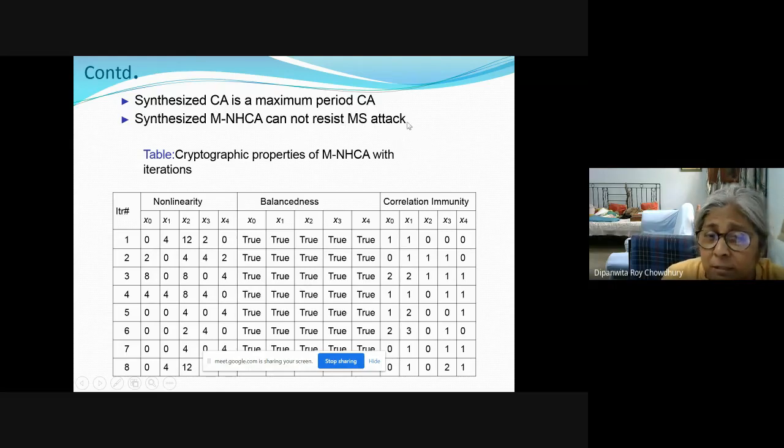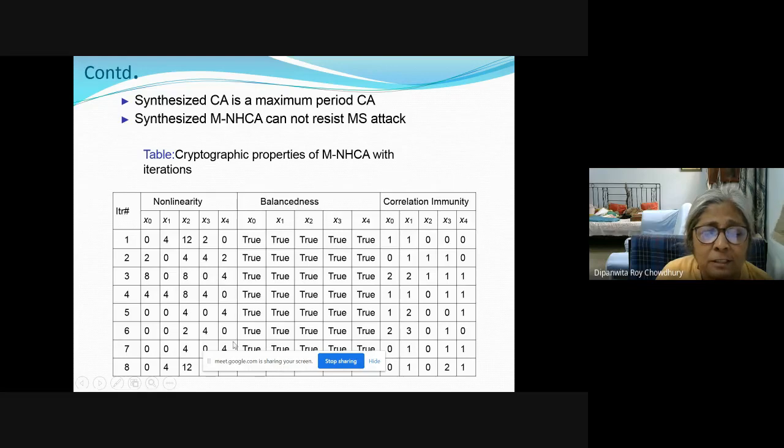That is what Meier and Staffelbach have given. Okay, but see the cryptographic properties: nonlinearity, balancedness, and correlation immunity. Normally these are the properties we always see. It is not so bad, not so pure, and these are the iterations. Now we will see why more cycles are required. See, iteration 1, this nonlinearity is like that. It is 2, it is 20442, 380. Now here it is moderately good, 4, and see bitwise nonlinearity is also changing. And when we run more cycles,